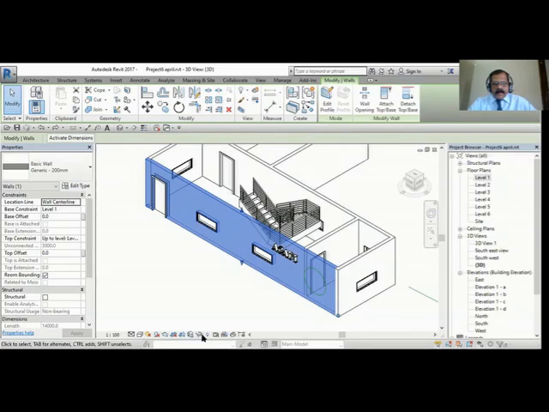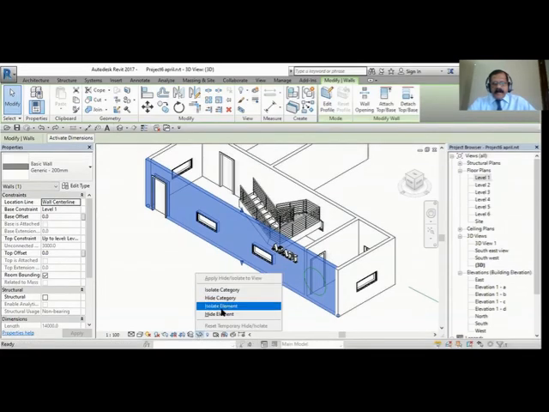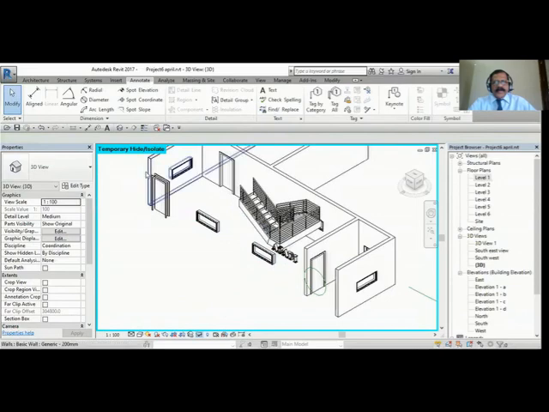Then go here. There is a small spectacle-like object. You click that and say hide element. So we can hide that element and see inside. Actually, you are in the temporary mode. That is why the blue circular border has come, it is actually a temporary hide. So when you hide that one, you see one blue box has come here.